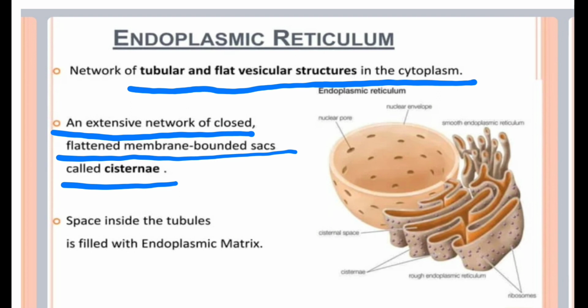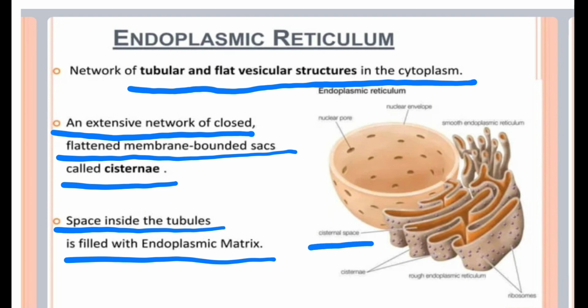These membranes are converted into folding structures, and inside there are a few spaces. The space inside the tubules is filled with endoplasmic matrix. In this diagram you can see that these are spaces, and these are cisternae. The foldings are called cisternae, and the spaces in between these structures are called cisternal space, and it is filled